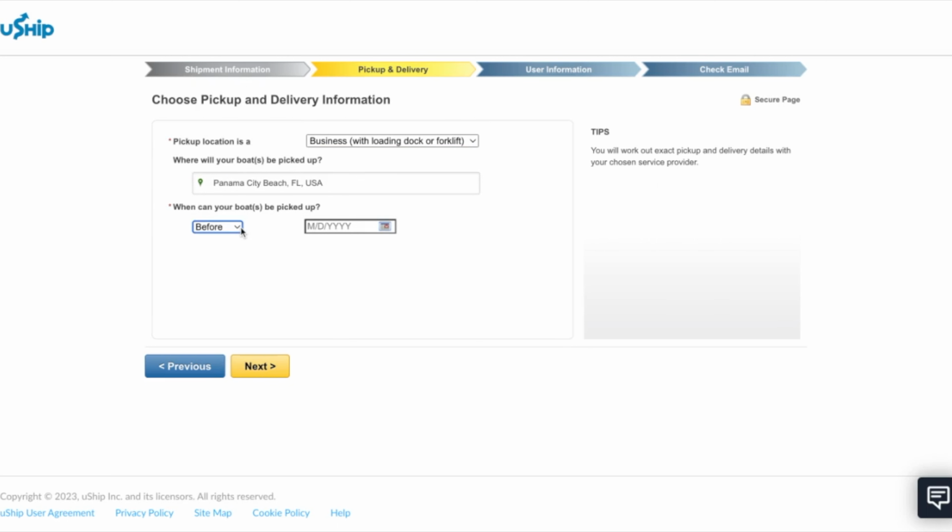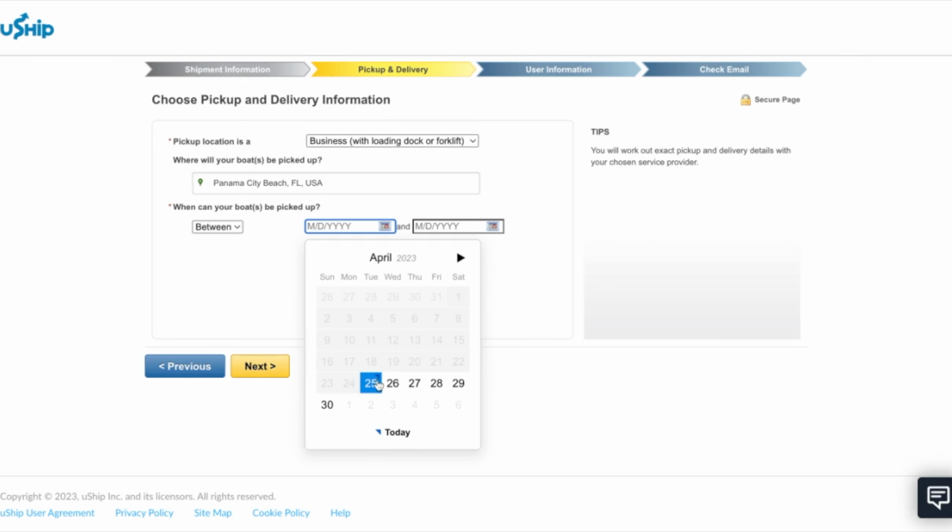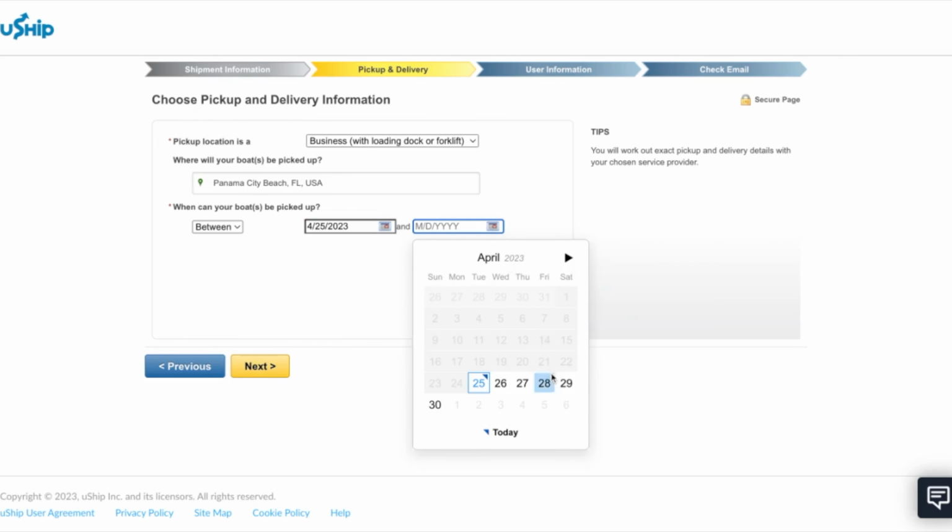And then you have several options you can do: before, between, on, or after. So I need this picked up between, and it gives you the option for both dates. So between today and Friday. All right, and then I'm going to hit next,